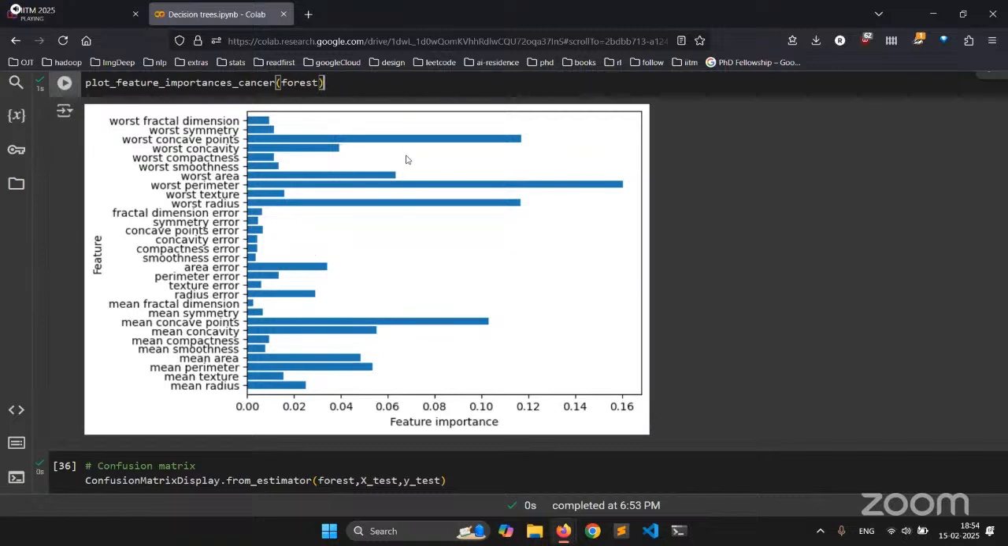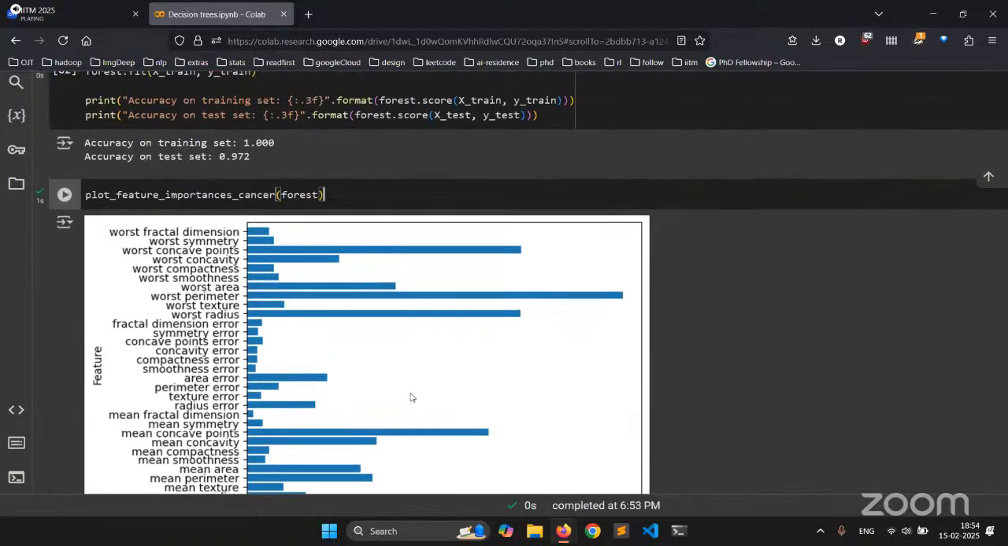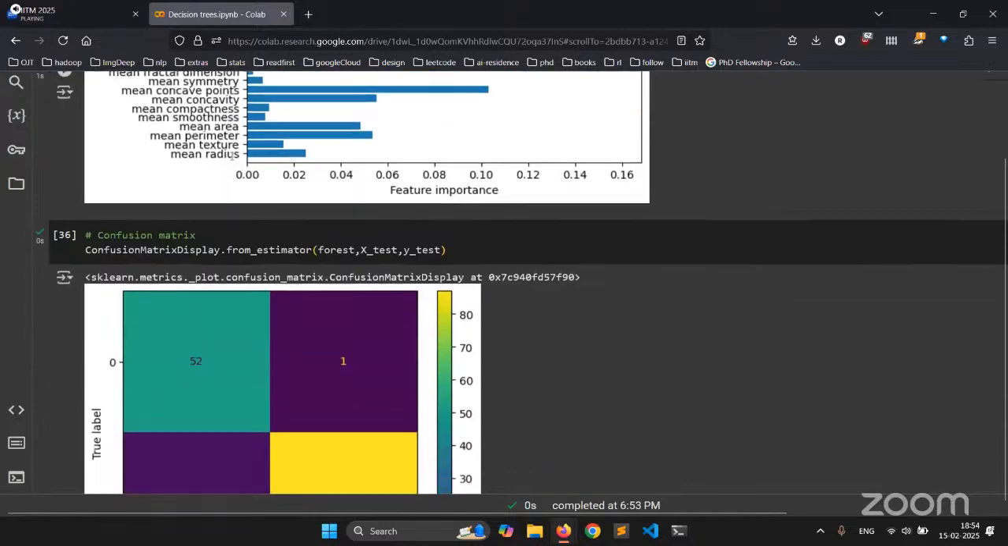So with random forest, you are also able to find the fine-grained importance of the features too, which you are not able to identify with a single decision tree. But if you construct a forest, you will be able to get more importance out of your data point. And if you construct your confusion matrix,